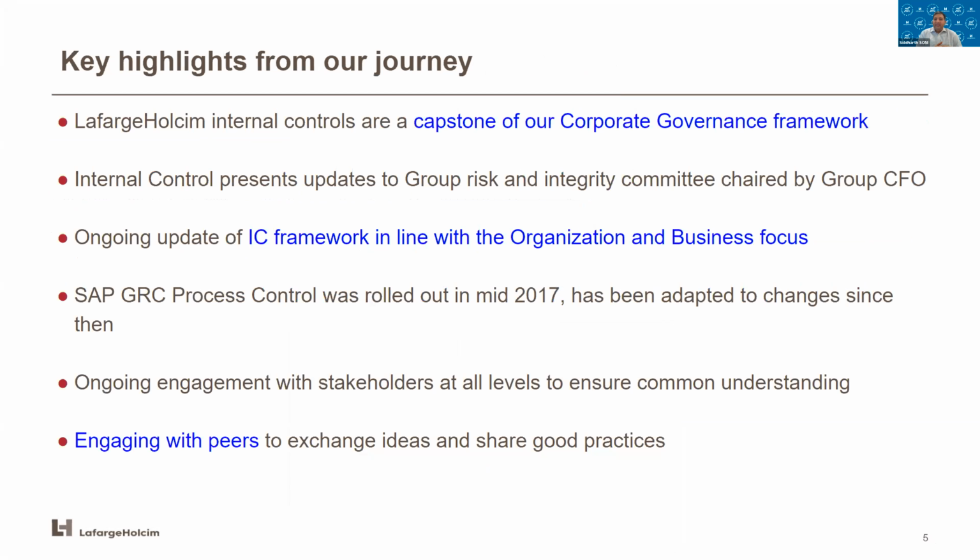Taking our journey forward, some key highlights. We see the internal control framework as a capstone of our corporate governance. So it's all built in there. Our internal control framework doesn't just talk about typical finance control or inventory control. It encompasses corporate governance. It encompasses even sustainability, which is our vision and ambition, that we build products and solutions which are greener to the market. So it's an overarching principle, and compliance to this is minimum and mandatory for everybody. This is the least we expect from our businesses to fulfill, and of course we make it mandatory across our